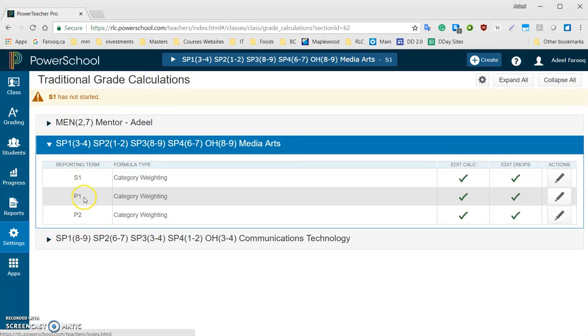S1's for the full term. P1 is our first formal report card. And P2 is basically the same as S1. It's just that the gradebook needed to have another one to calculate. But don't worry too much about it. We're repeating the same steps 3 times, which I know is a bit time consuming, but you'll see it's not that long. So for S1, I'm going to click on my pencil,